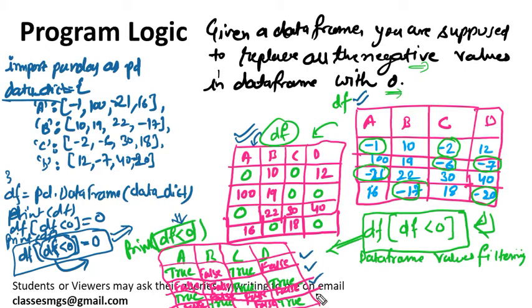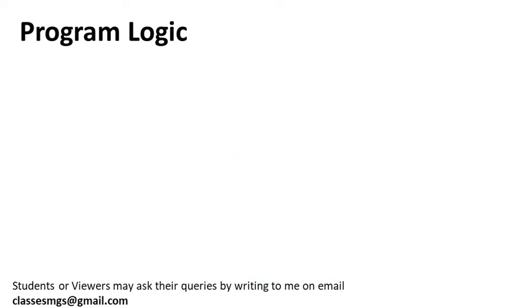This will be the boolean data frame, and wherever we have True, it will replace all those values with 0. So this concept you should know; we call this concept data filtering. You might have used this concept in data frame and series objects also. So now we can go ahead and type this code in Spyder and see the results. I am going to the Spyder editor and run it.